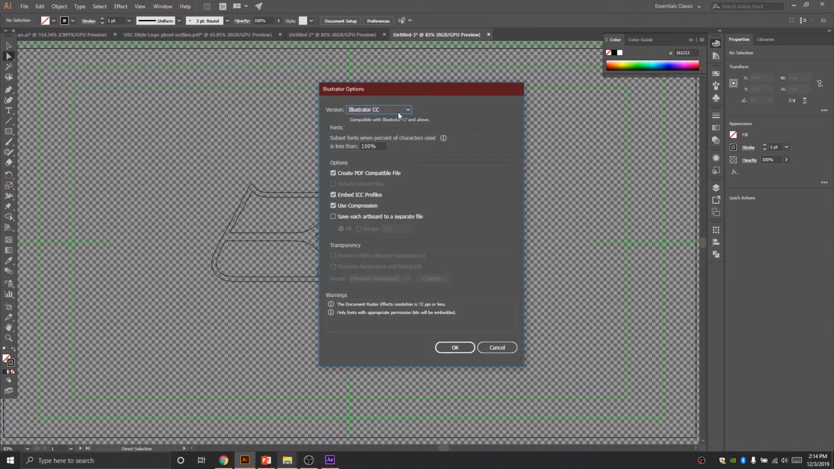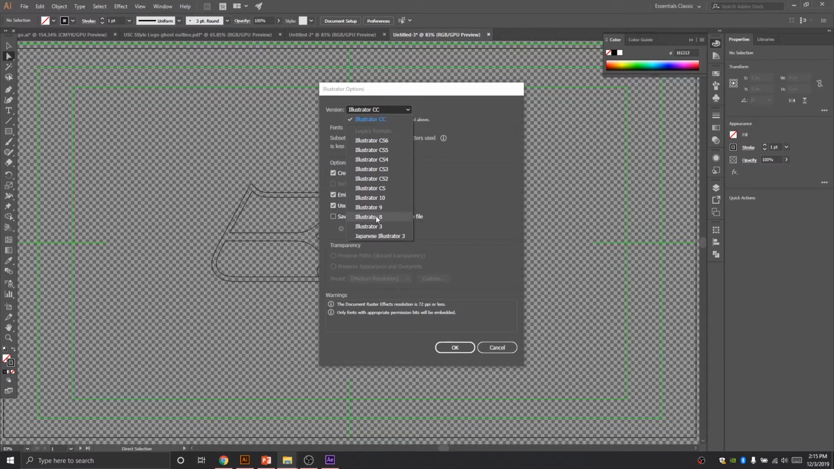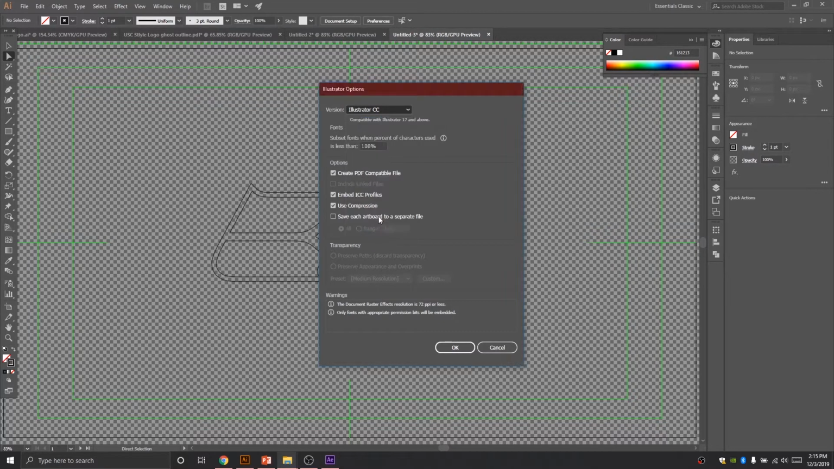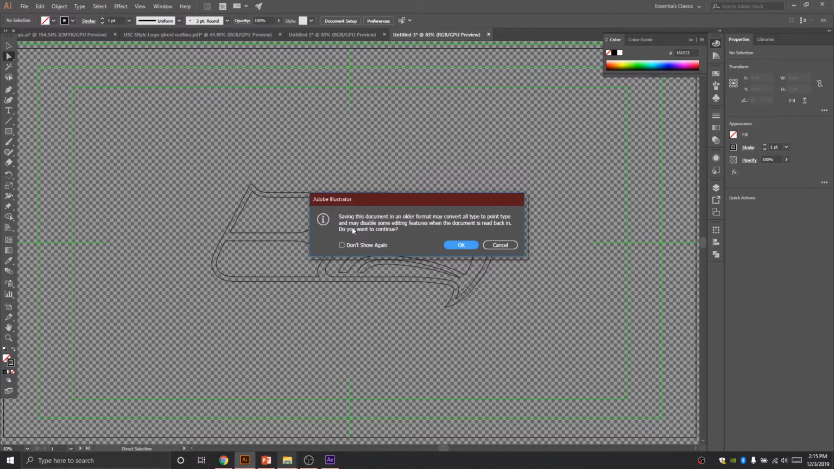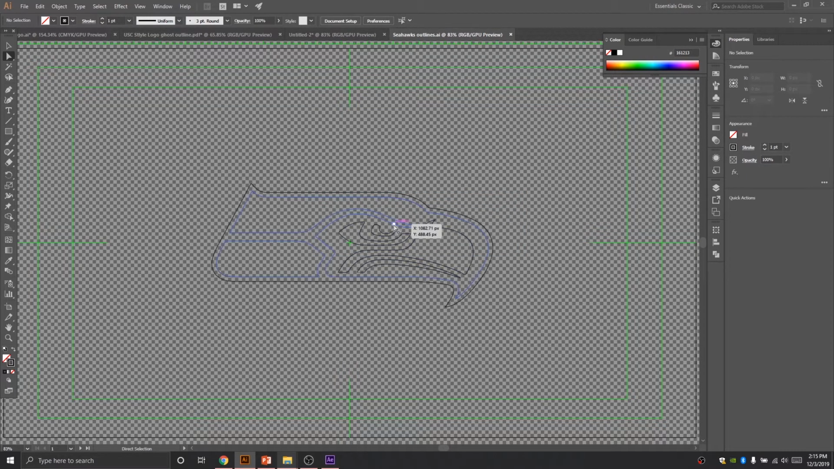But now here's what you have to remember to do, and we're going to change the version from Illustrator CC to Illustrator 8. It's the only thing that Cinema 4D is going to recognize. So I'm going to change it to Illustrator 8 and hit OK. And it's going to say, you know, are you sure you want to do this? And you're going to say, yeah, I'm sure. And you're going to hit OK. And we are done with,